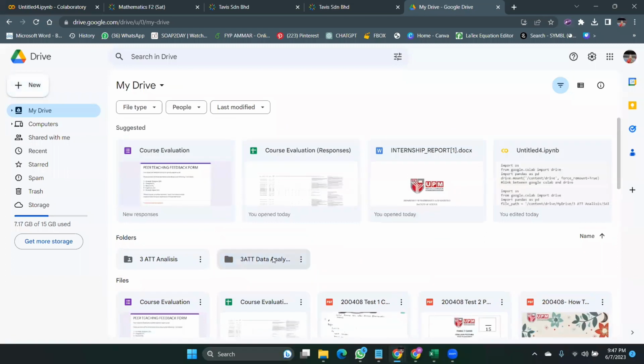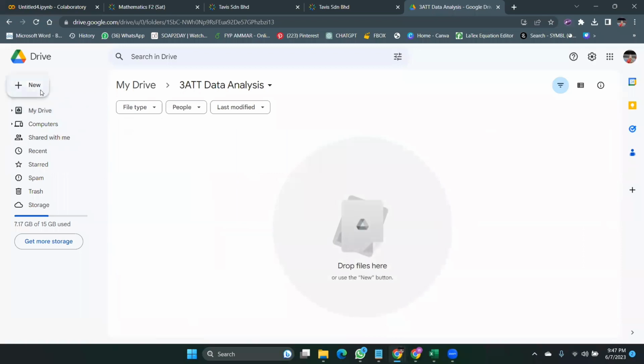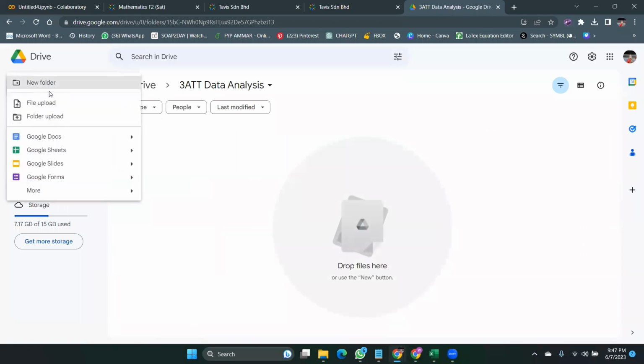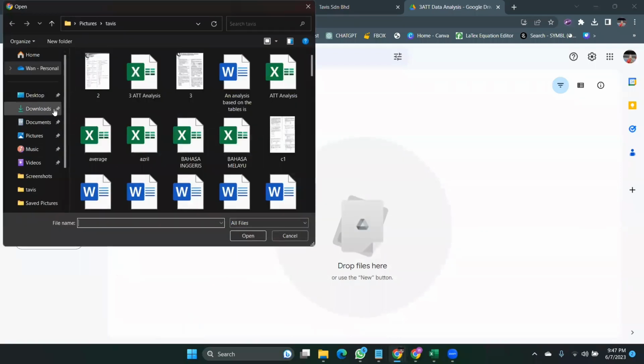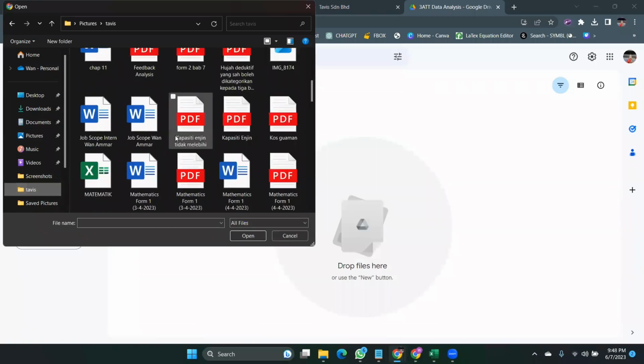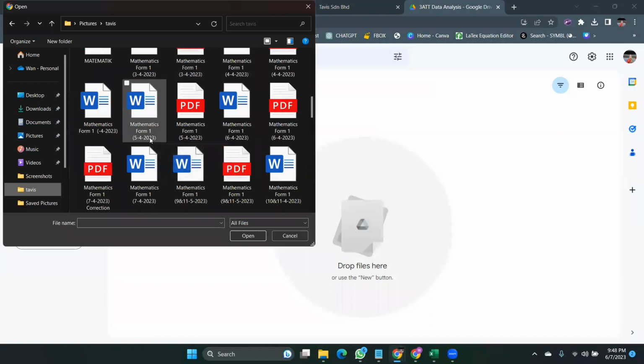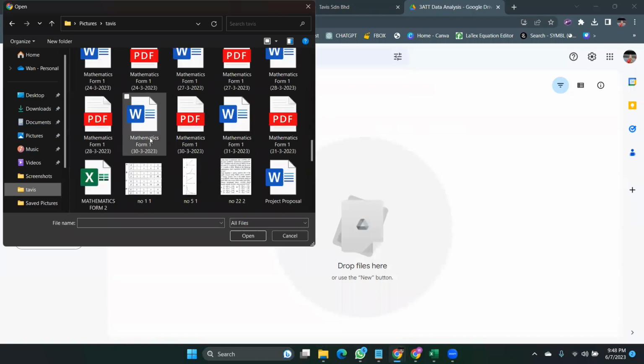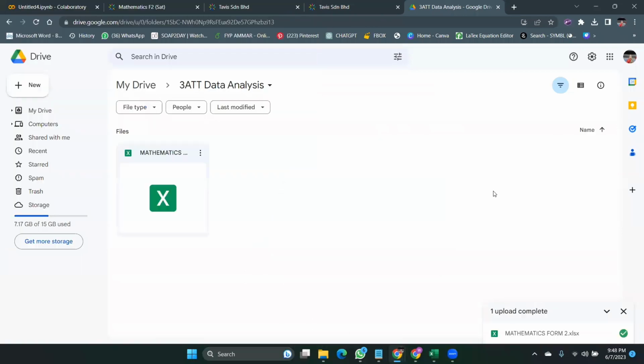After we successfully create it, enter the folder. We're going to put in the Excel file that we extracted previously. We're going to find the data. The data name is Mathematics Form 2, right? Mathematics Form 2. Okay. After we successfully put it in this folder,